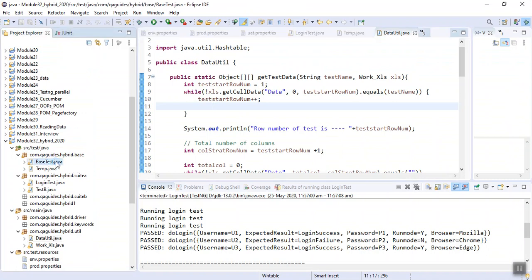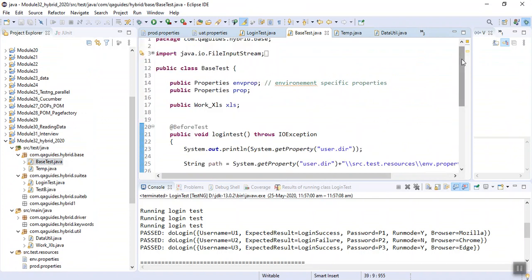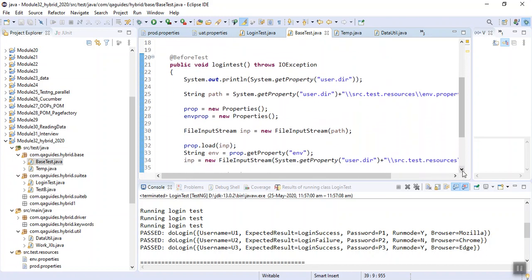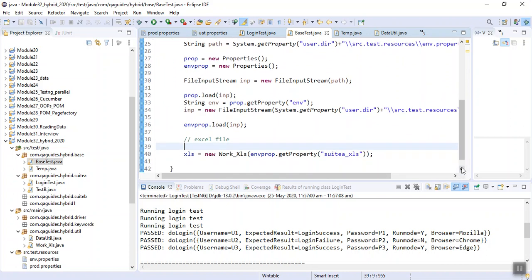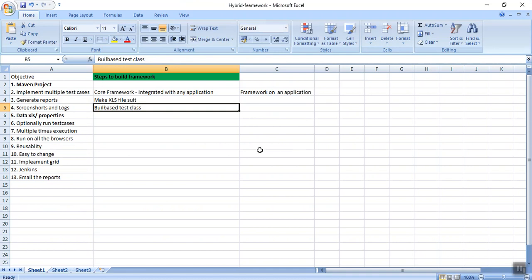In this, I have a function of before test in which we are doing initialization of property files and also initialization of the Excel object. So we have done initialization of properties and Excel.